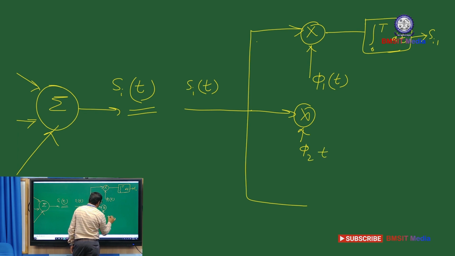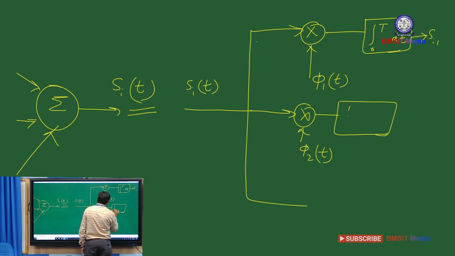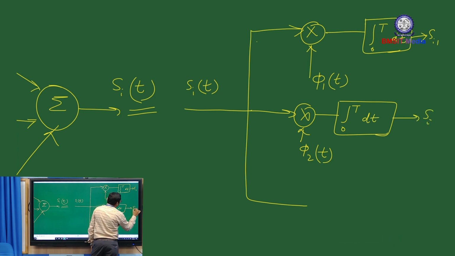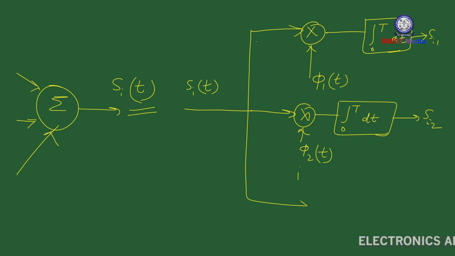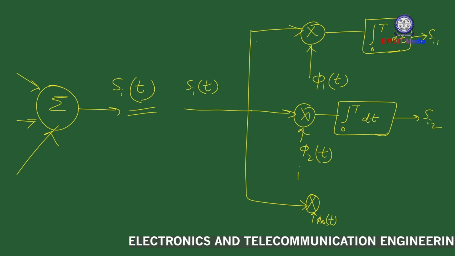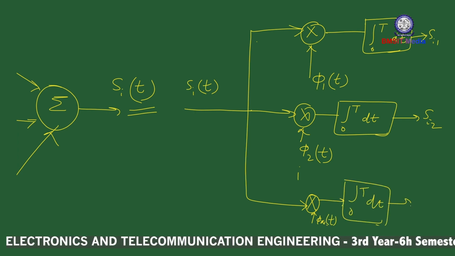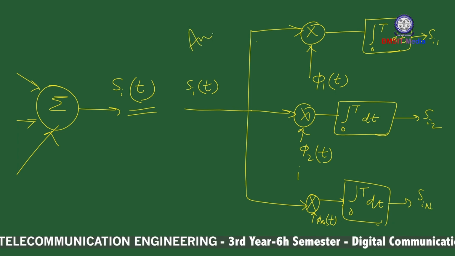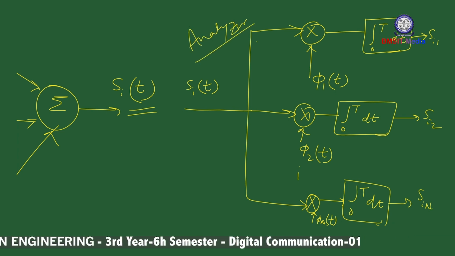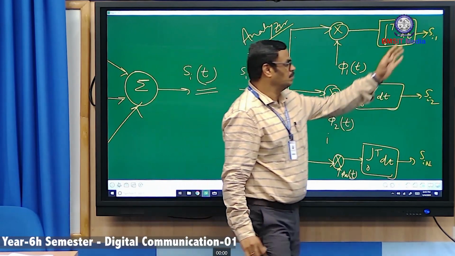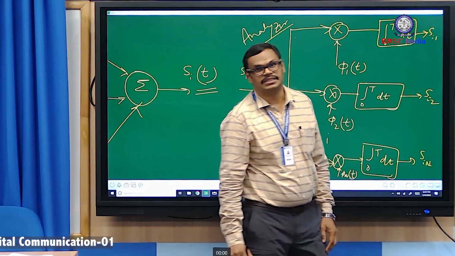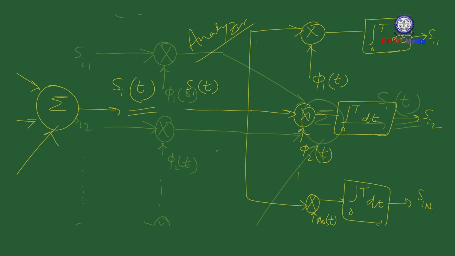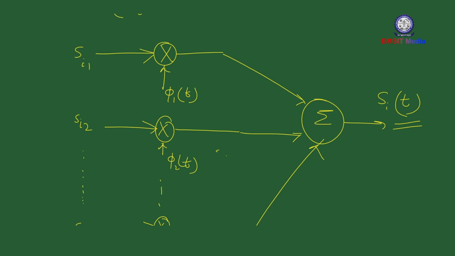another one will be phi2 of t. The product of those two will be integrated over the interval 0 to T into dt. I will be getting the output as Si2. So like that it can be extended for the nth basis function, phi n of t. So this we call the analyzer. From Si of t, I will be able to obtain the coefficients Si1, Si2, so on up to SiN. And the earlier one is known as the synthesizer,